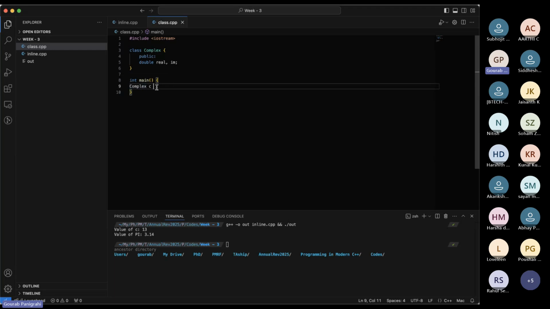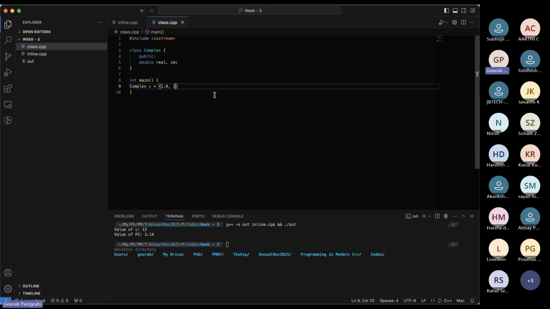So, Complex, and then c is the object. What I mean by that is a class is just a blueprint. It's just a set of rules, but to use them for my specific case, I'll have an object. So calling it this way, and then maybe write it as some numbers